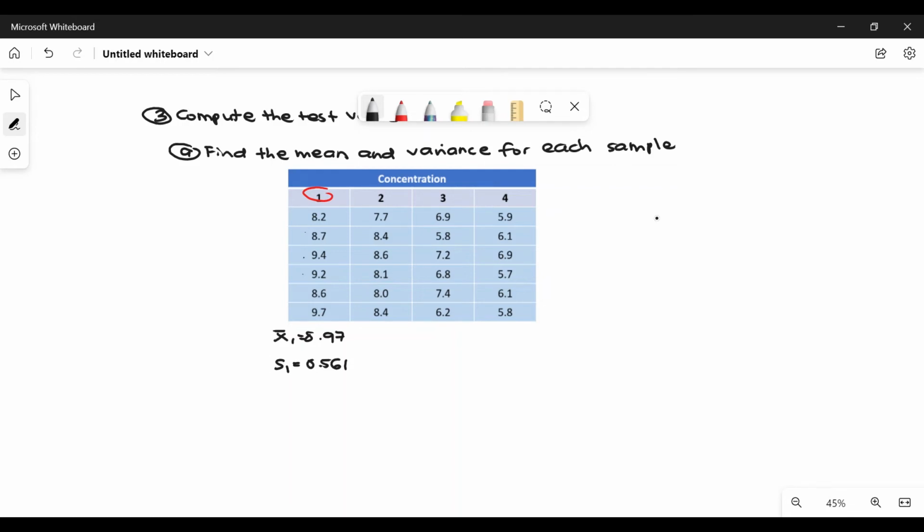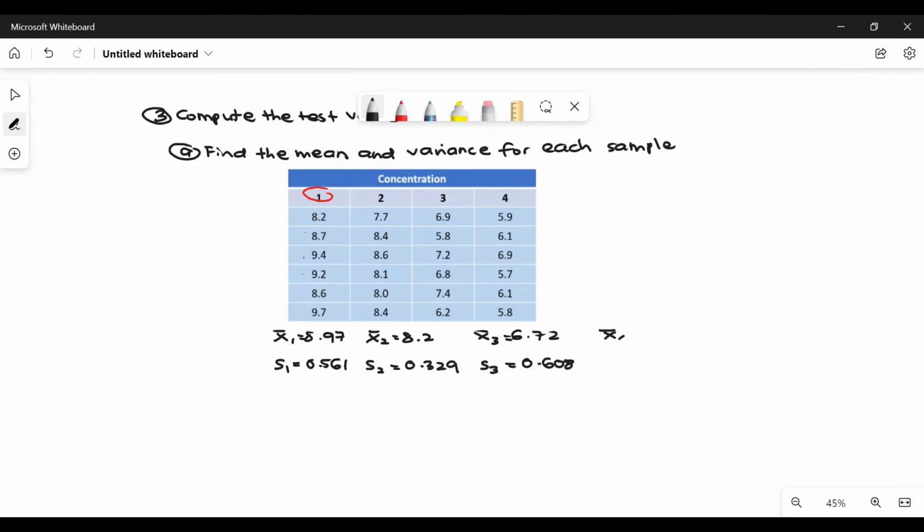Okay, and then for the second sample, the mean would be equal to 8.2, and the standard deviation is equal to 0.329, and then the mean for the third sample would be 6.72, and the standard deviation is equal to 0.608,